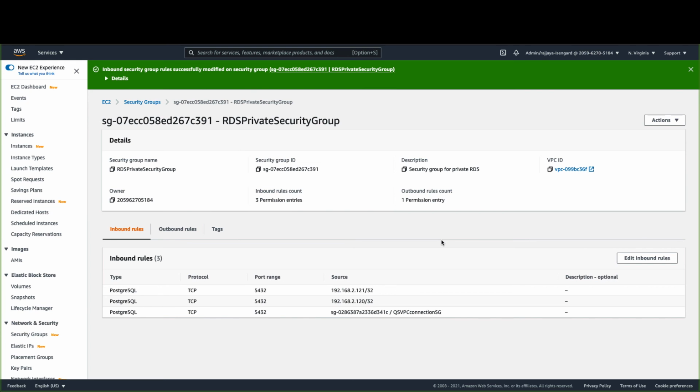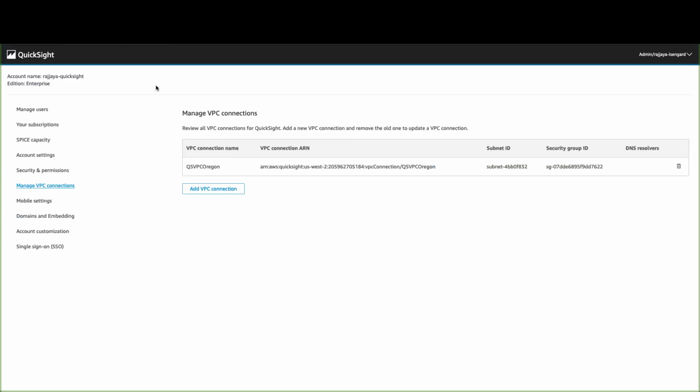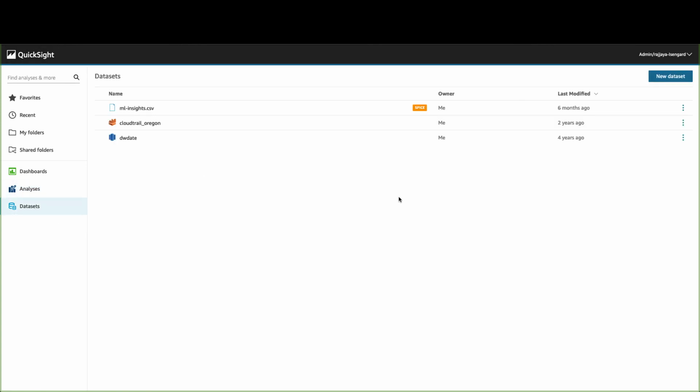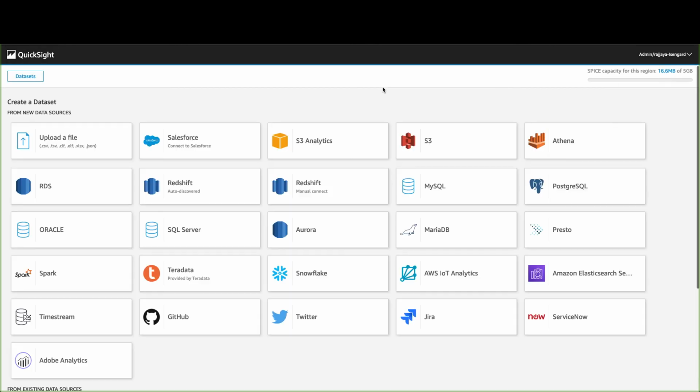Now we have established security group rules for both the RDS instance as well as the VPC connection created in Oregon. Now let's go back to QuickSight and create a dataset in the Oregon region and try to connect to the RDS instance in the North Virginia region using the VPC connection. Go to QuickSight, choose datasets, and choose new dataset.